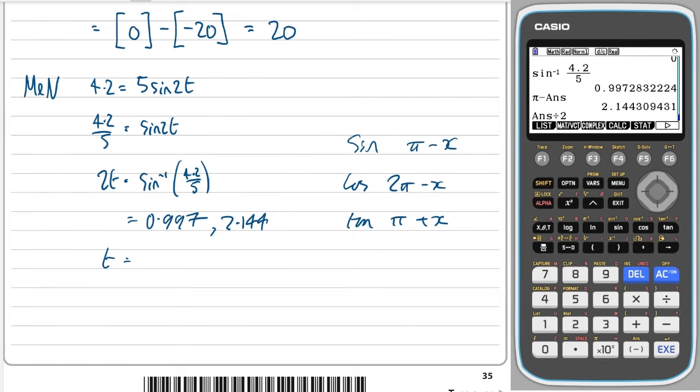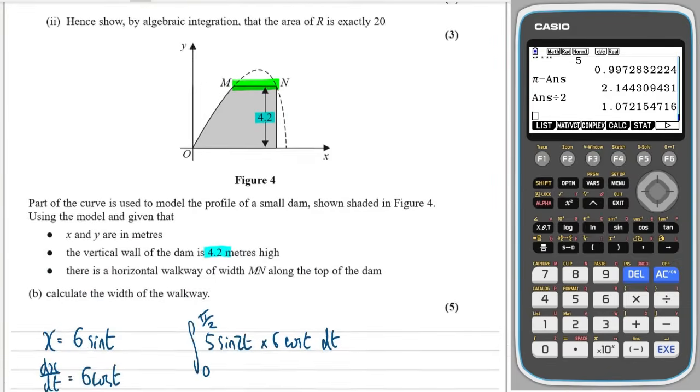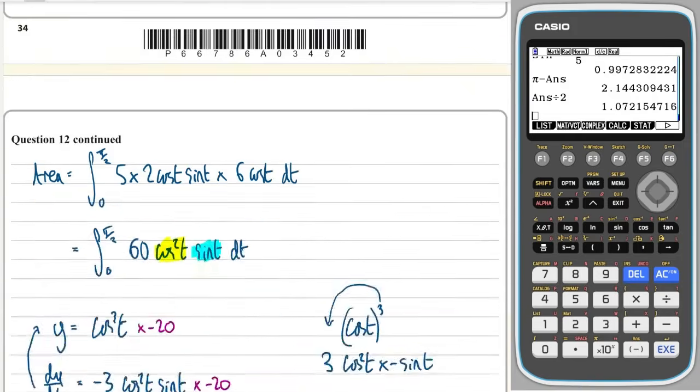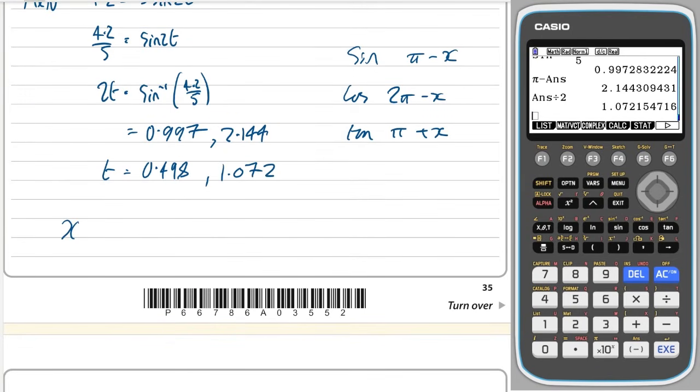So I can halve this one, and I get 1.072. And then I can halve the other one, and that would give me 0.498. And then finally, I need to work out the distance between them. So I need to find the x-coordinates. So I need to do 6 sine t to find the x-coordinates. So I need to sine the answer